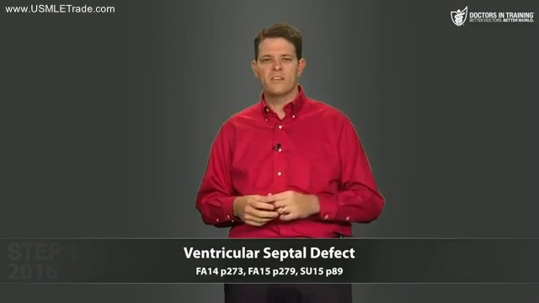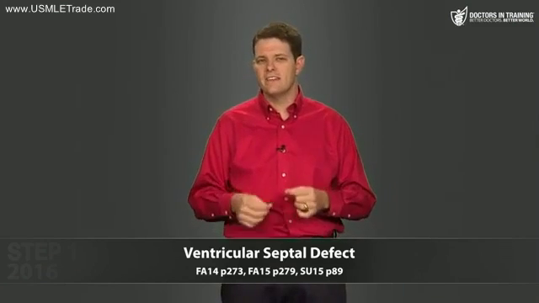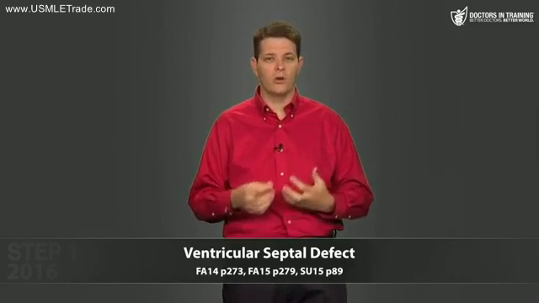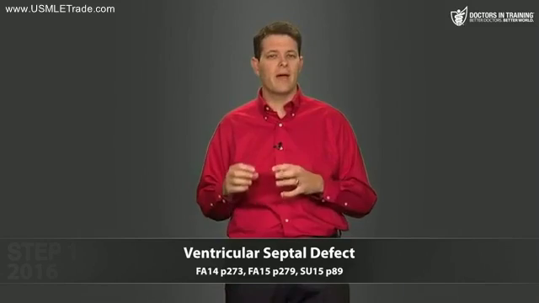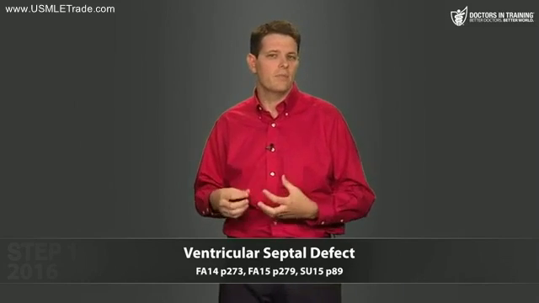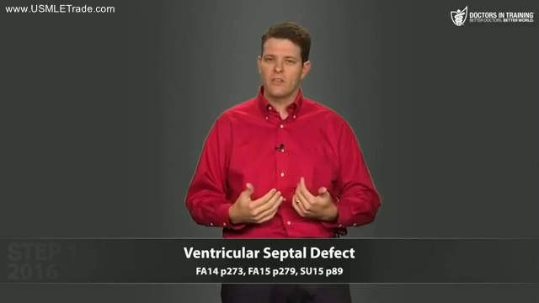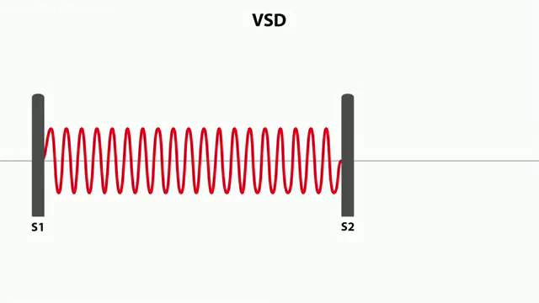Let's talk about one more systolic murmur, which is caused by a VSD, a ventricular septal defect. And this is another example of a non-valvular heart murmur. So this is caused by a hole in the interventricular septum, so that blood can pass from one side to the other. So what does this murmur sound like? You can see that it sounds a lot like the mitral or tricuspid regurg murmurs. It's a holosystolic murmur, and it's best heard along the mid to lower sternal border on the left,